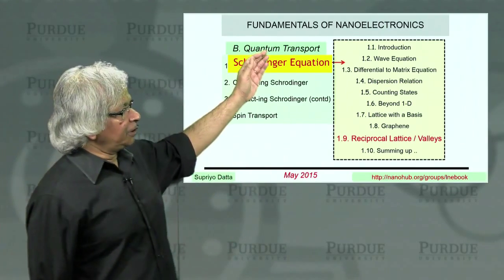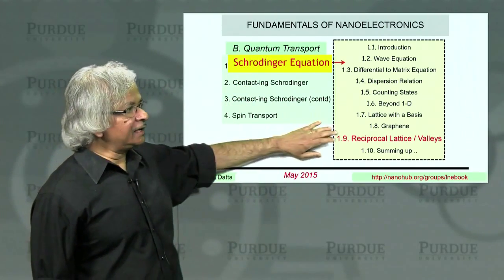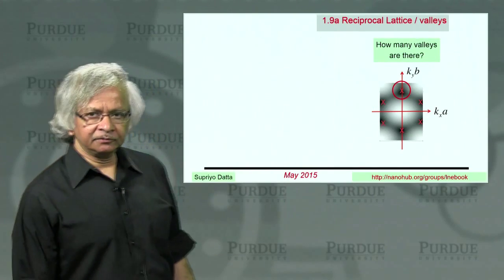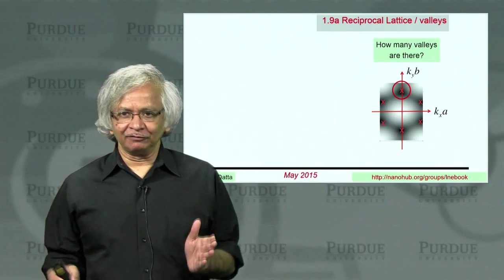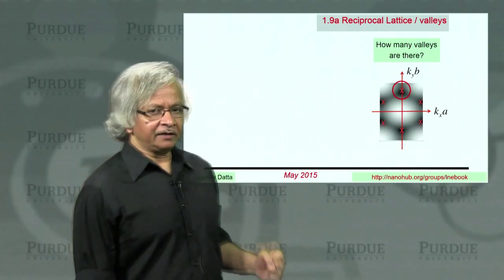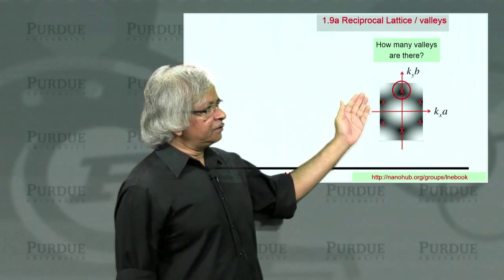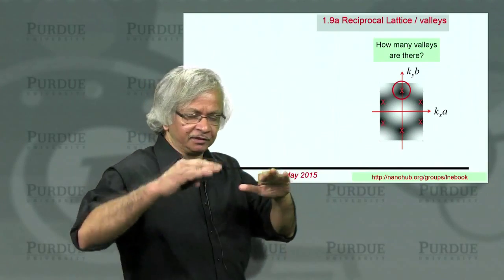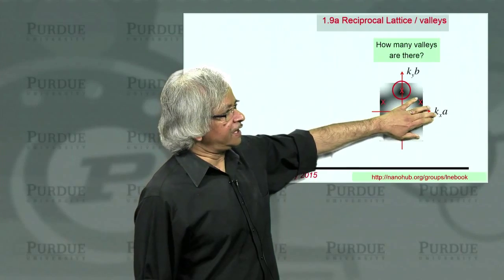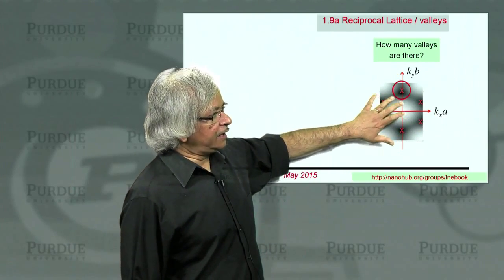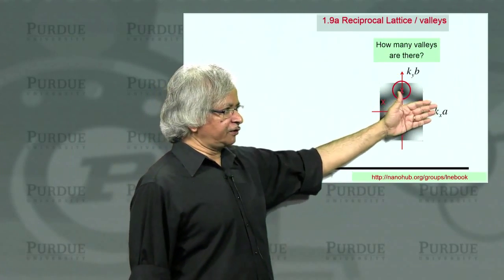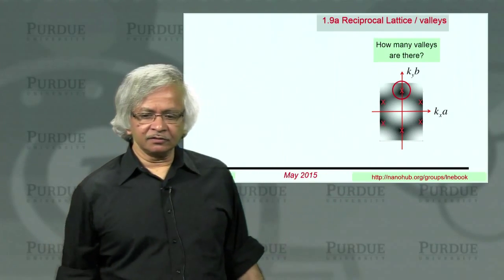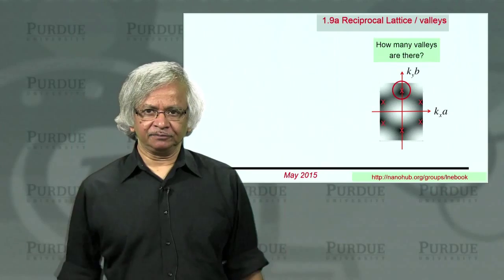Welcome back to Unit 1 of our course. This is the 9th lecture. Now, in the last lecture, we discussed these energy levels of graphene. And what we were trying to do is, this is a two-dimensional problem because graphene is a two-dimensional material. And you have this Kx and Ky, and the energy is a function of Kx and Ky. And what you want is those energy levels which are close to the Fermi energy.